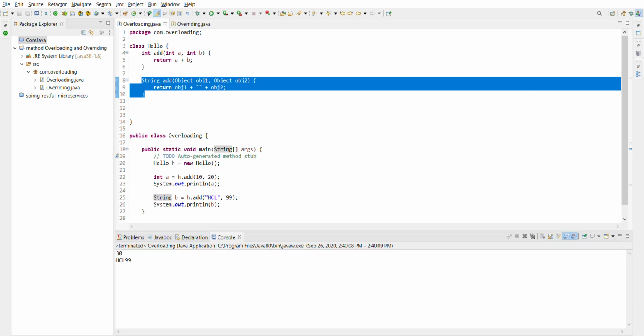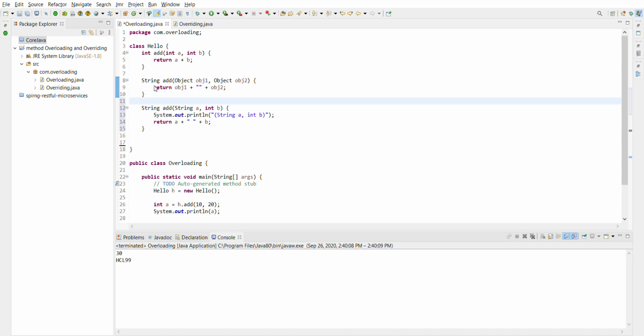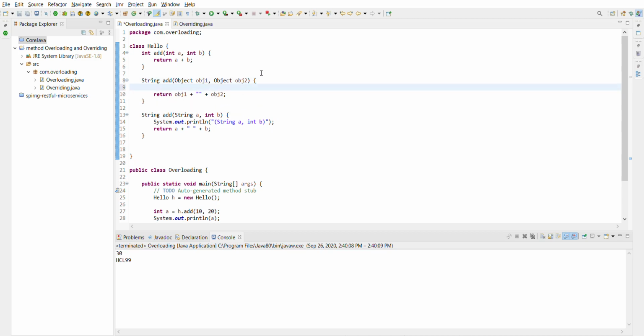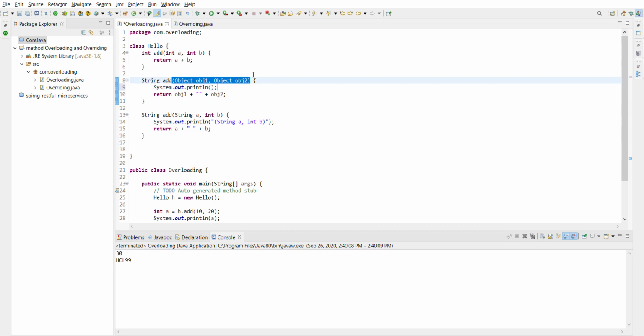But if the lower type method is available, then it will call the lower type method, not the higher type method. I'll show you, with a SYSO according to this method.